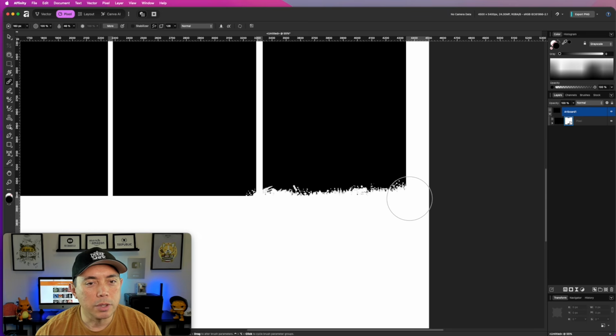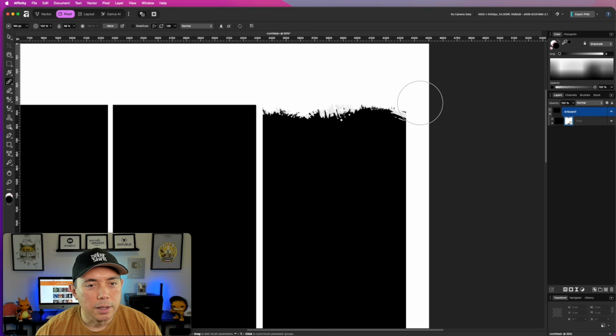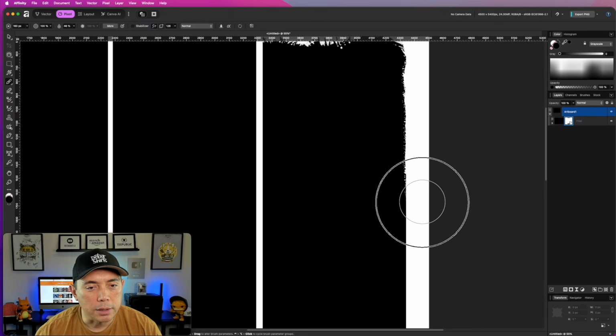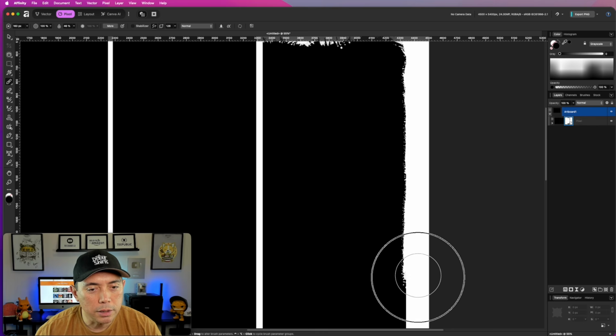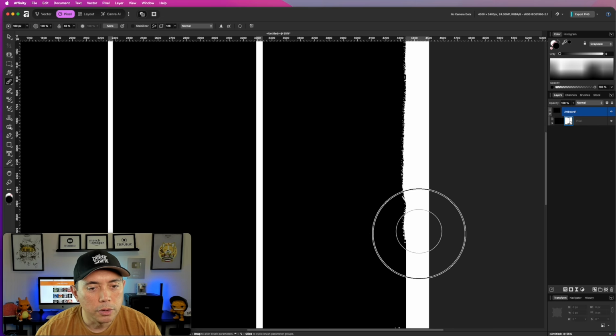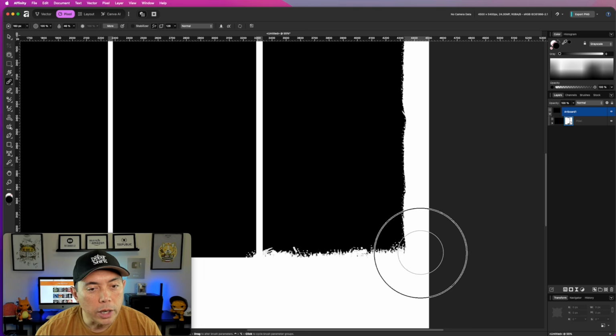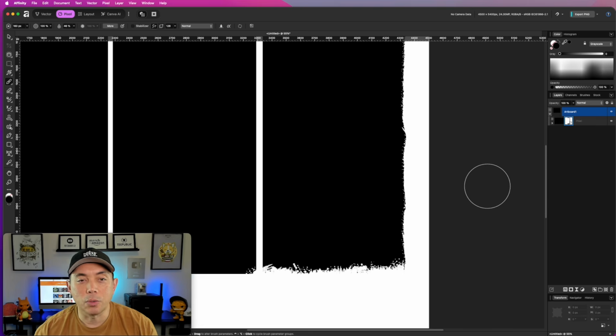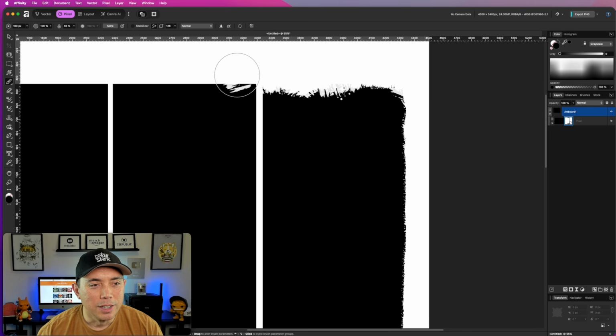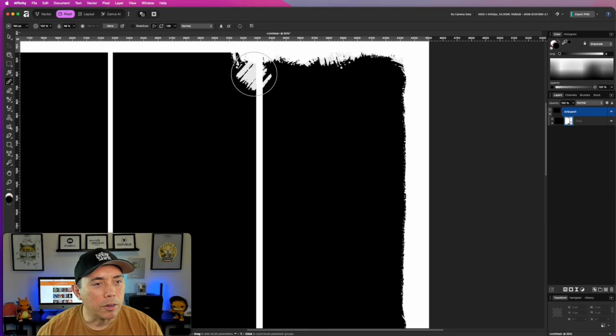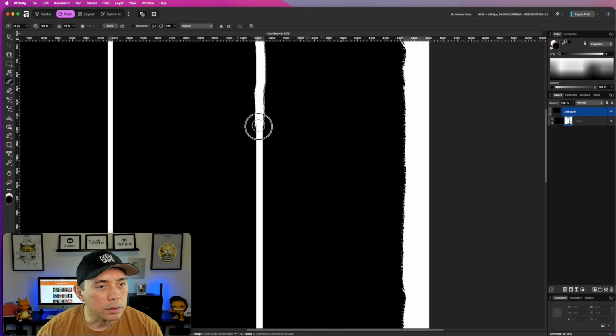I'm gonna keep doing this now for the sides. I can just come down here and brush the sides like this, just so that it's uneven. We got that uneven flow like that. Now this is one way you can do it. This is not the only way to do it, but I think this is a fun way to do it, to brush it in like this. So I'm not going to show you the whole thing. And of course, to go in between, we could make the brush smaller. You can see like that, and I can just brush it down like this,